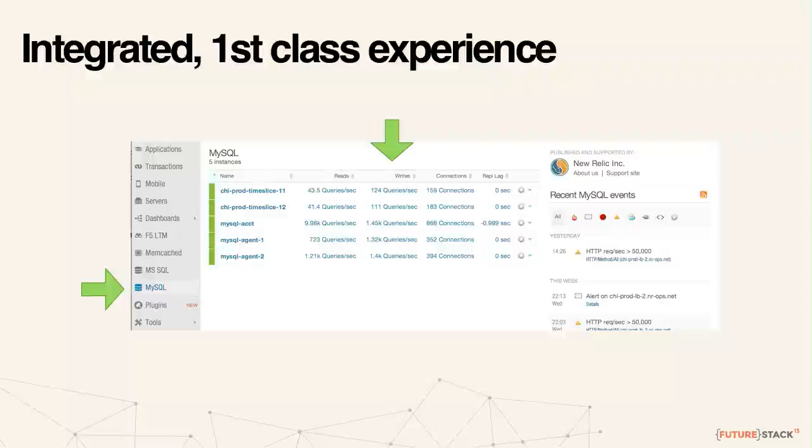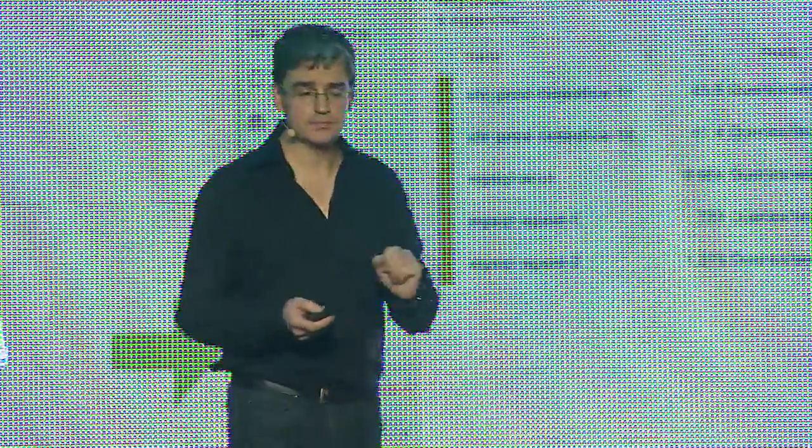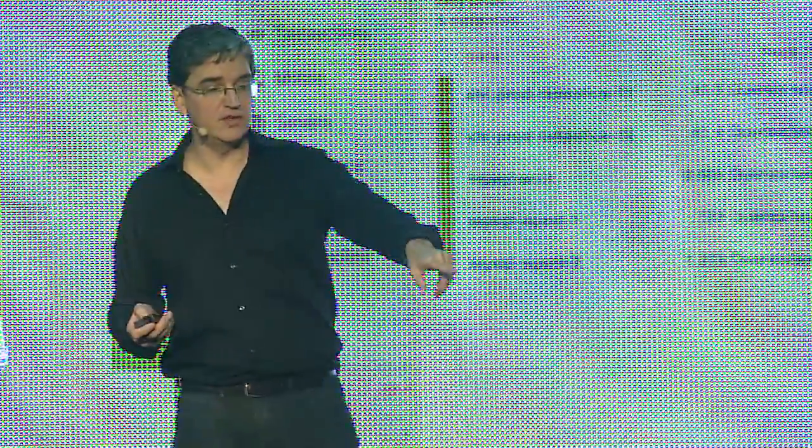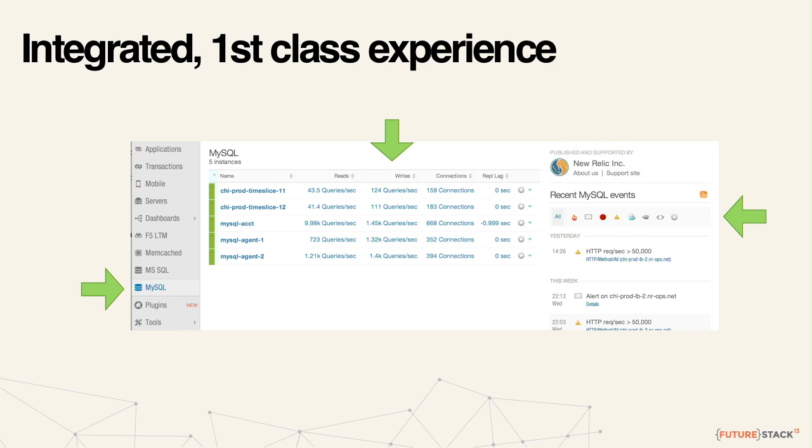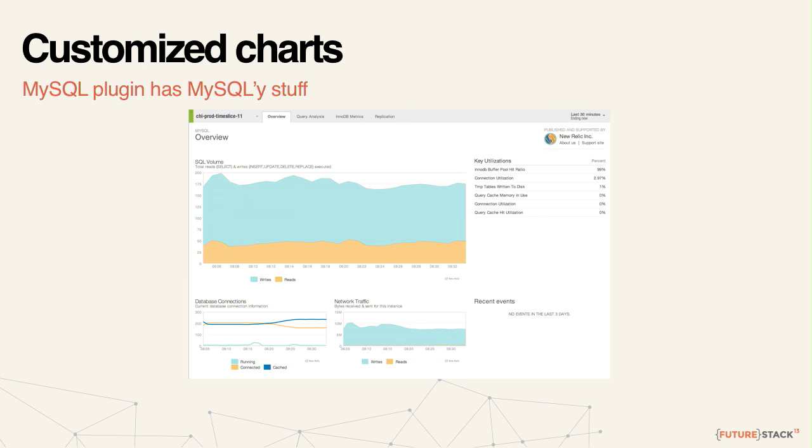So you can set thresholds against them for warning and error. And when you set thresholds against them, they result in events on the right-hand side, just like you're used to for servers and applications. If you click on one of these instances, you drill into a dashboard that is familiar to you,